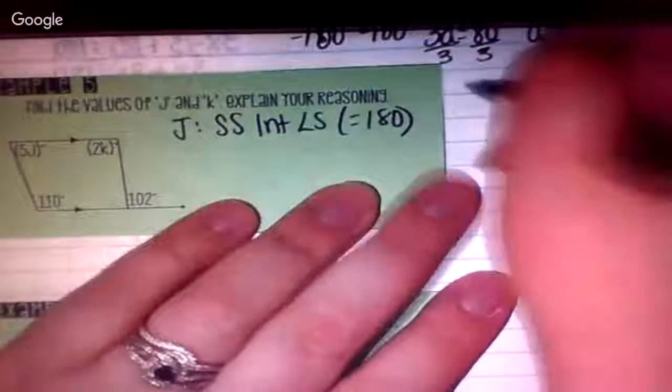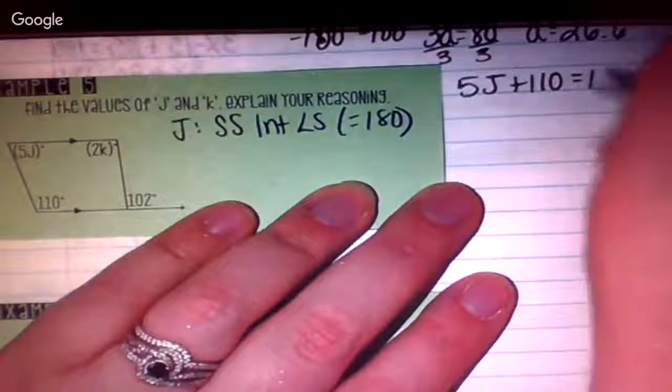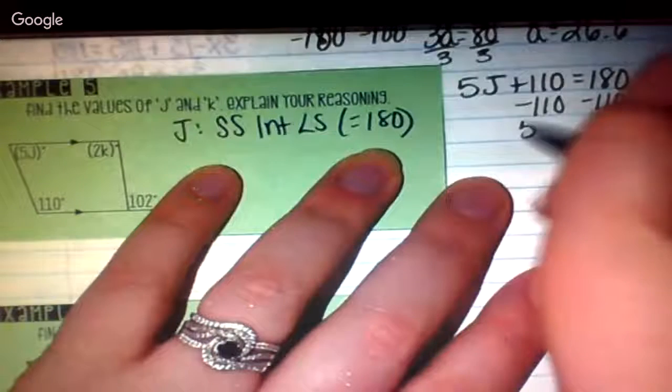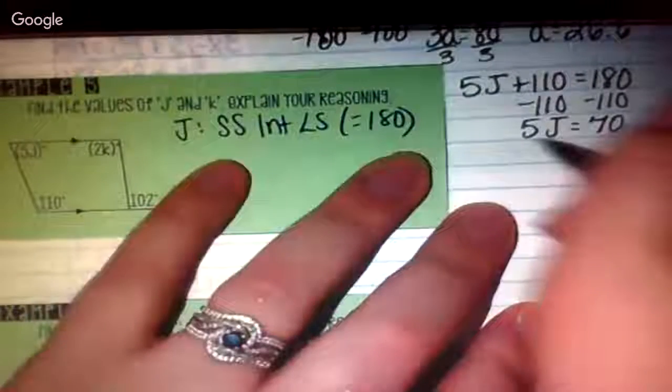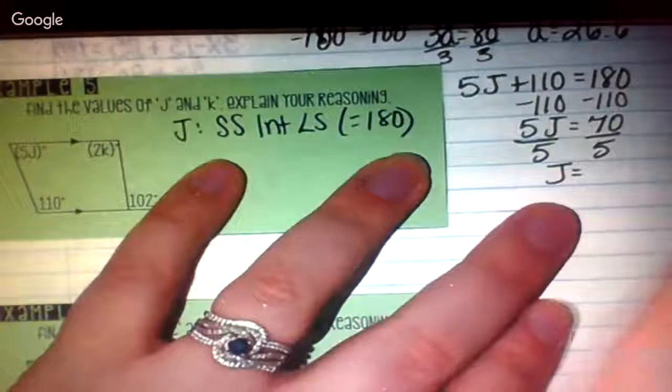So we've got same side interior angles, which means they add up to 180. So 5J plus 110 should equal 180. We subtract 110 from both sides. You get 5J equals 70. And divide by 5. So my final answer for J is